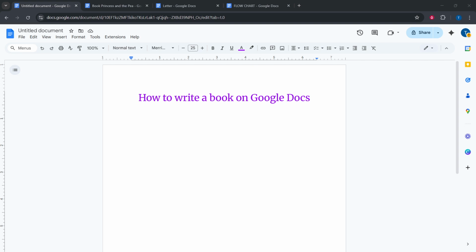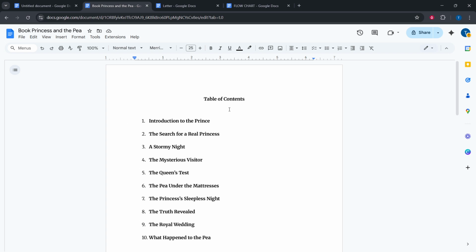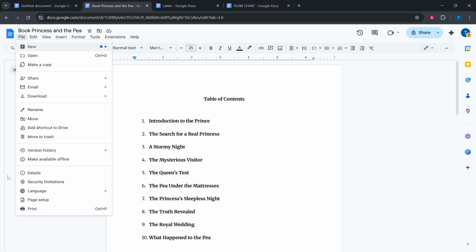Before you write a single word, set up your pages. Go to File, then Page Setup, and choose a page size and margins that fit a book format. Many authors like sizes such as 6 by 9 inches or A5, with margins around 1 inch to keep text